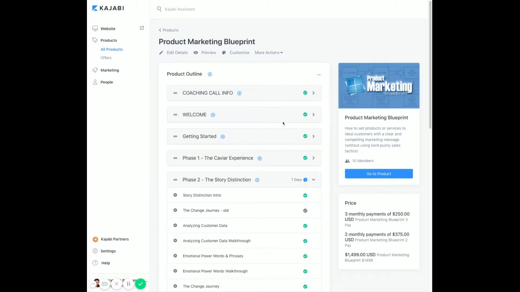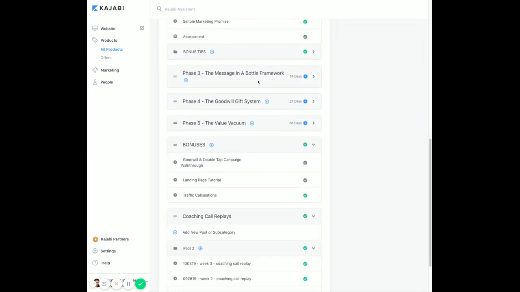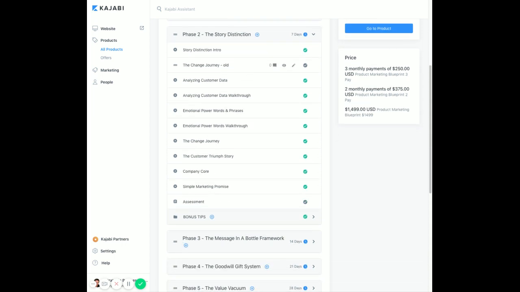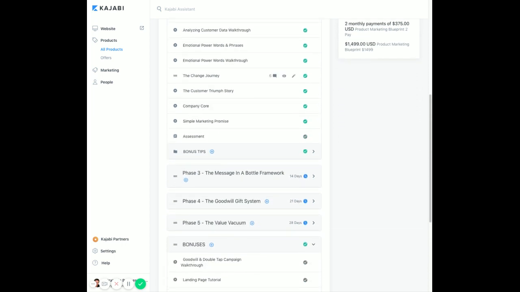Okay, so there's a couple of ways that you could move people between products, between product A and product B. And so this is one way of doing it. I don't know how your sales process is. I'm just going to guess here, but this is a product, right? And there's quite a few modules and lessons. But for argument's sake, I don't know when or how you want this to happen, but there's a couple of